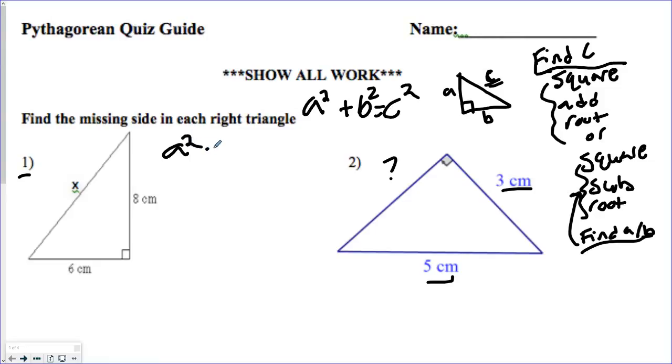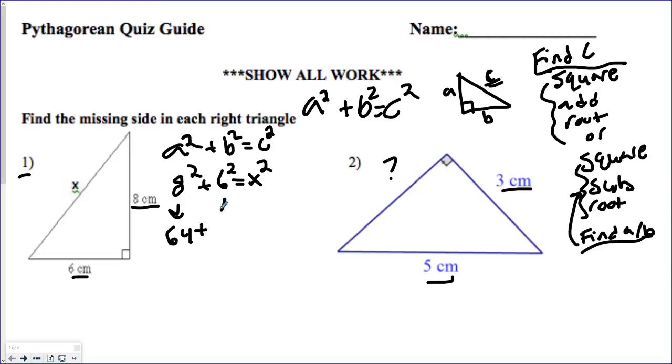A squared plus b squared equals c squared. And so 8 and 6 are my a and b. Again, it doesn't matter which one I choose as a and b, so I'm just going to write 8 squared plus 6 squared equals x squared. And then we go on through solving them. So 8 squared is 64 plus 6 squared is 36 equals x squared. Well, I know what 64 plus 36 is. That's going to be 100